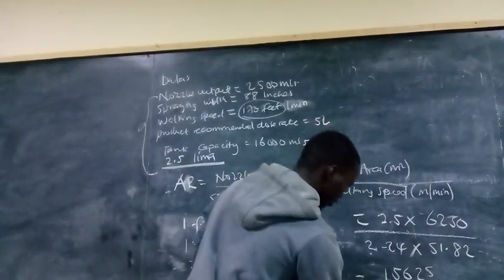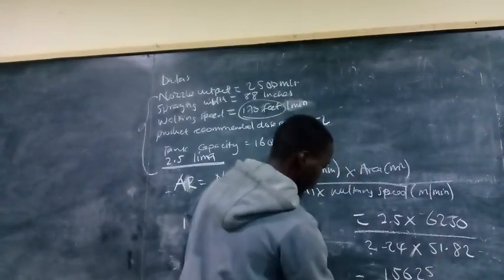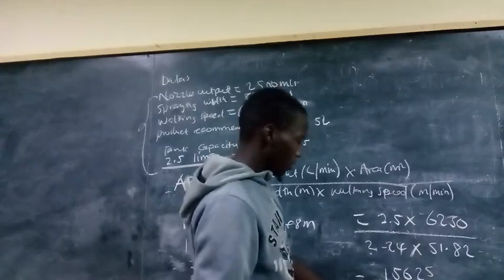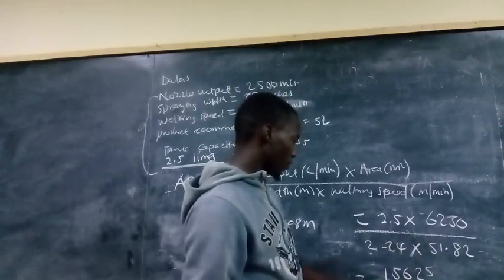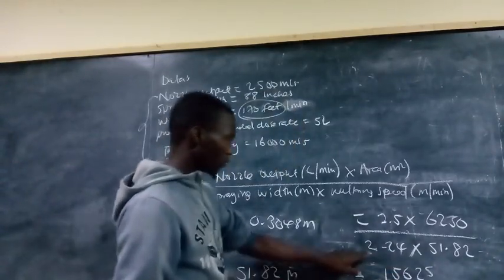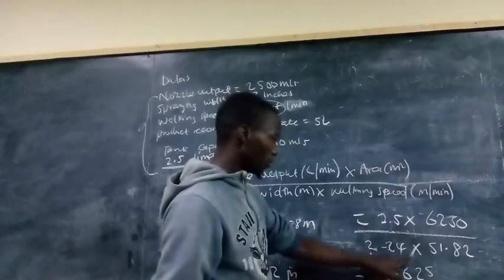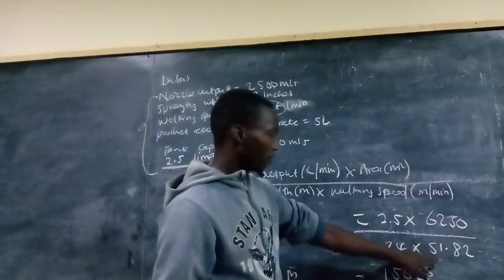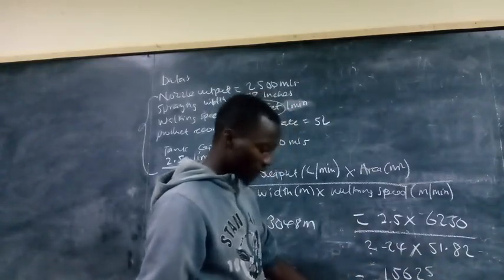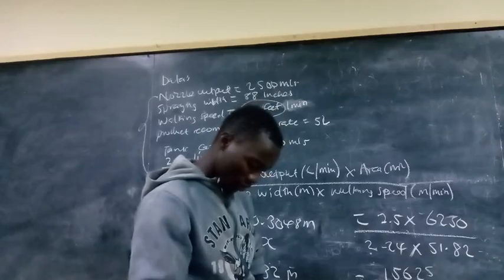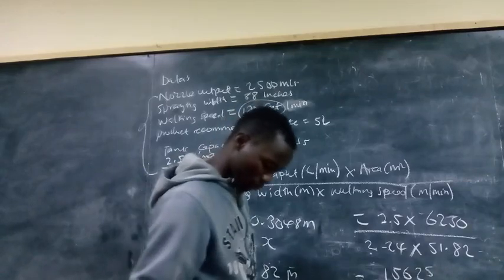No, it's not 18. You get 116.07. That's the figure I just wanted to confirm. So when you multiply this 2.24 by 51.82, you get 116.07. So when you take the division right there, you get a number that is